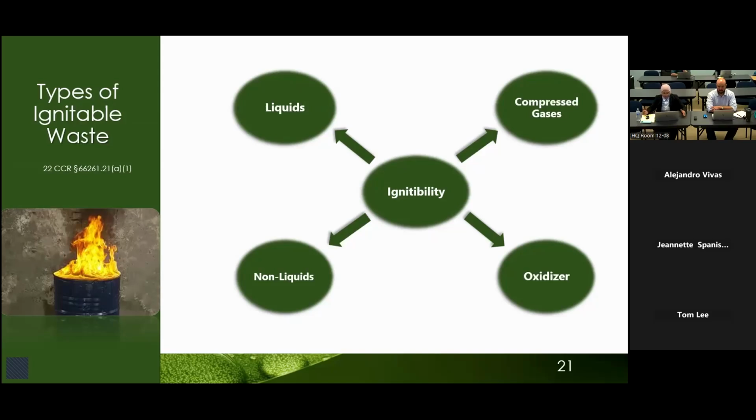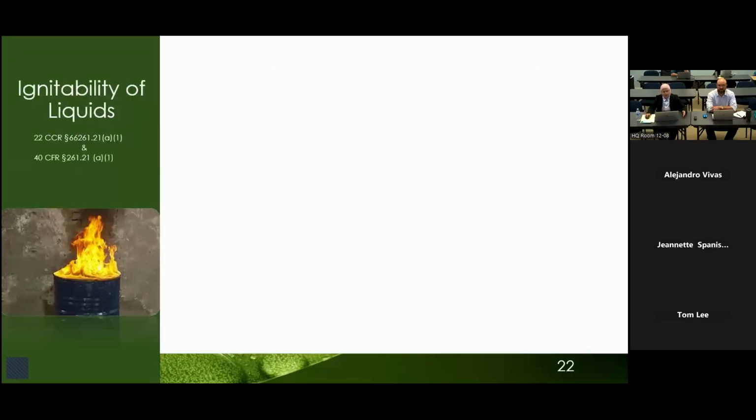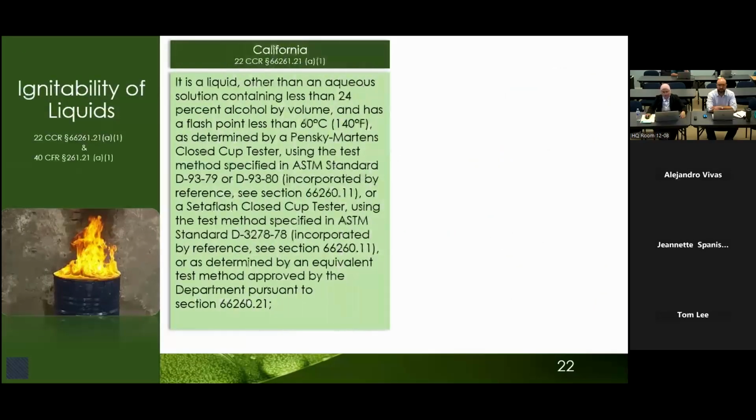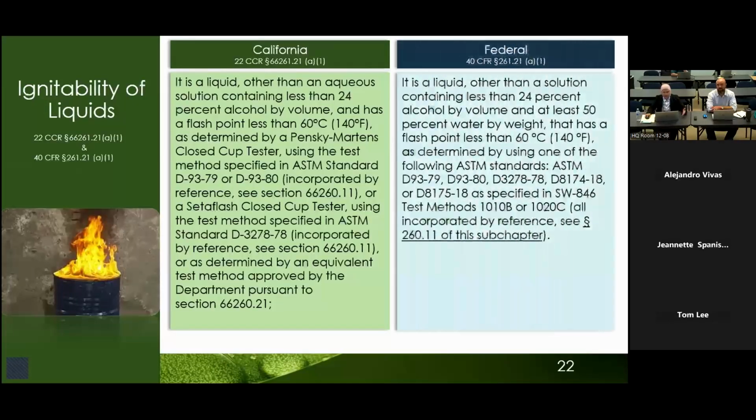For instance, let's focus on the first waste type of ignitability, which is ignitability of liquids, where we will review the regulatory requirements at both the California and federal level for this waste type to define the differences that exist between the two. As I just mentioned, we are using the example of ignitability for liquid waste. Here we see the regulatory requirements of the waste type in California regulations represented in green. Also, let's do a side-by-side comparison by looking at the federal regulations for this subsection in blue.